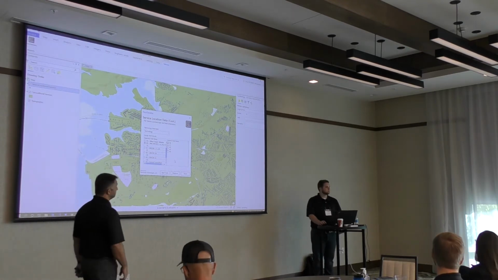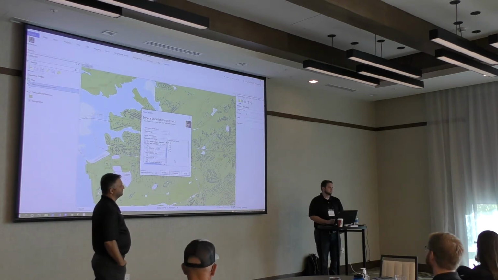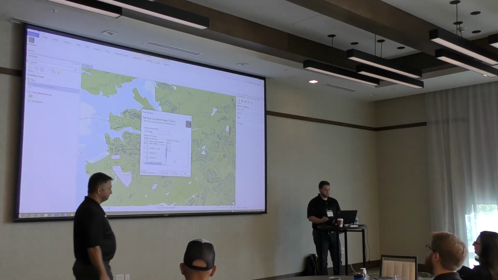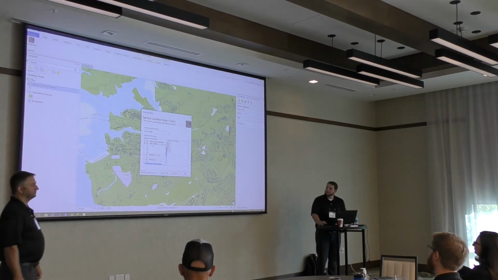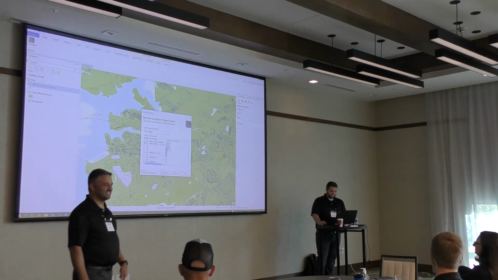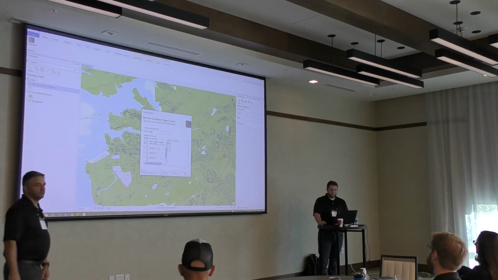A question is, sometimes I see a lot of customers' data models, they have hand-typed values, and sometimes they might misspell or type it out. Can you map multiple values to that field? You can. Yeah, good question. I can select any number of these. You can see it populates on the left which one they're mapping to. Thanks, Tim, for remembering to point that out. Yeah, so if there was a typo or something like that, if you had the name in here instead of the key value, you could see that it was the right one. You can map to both.